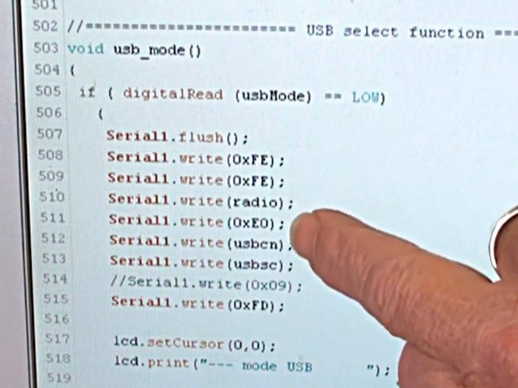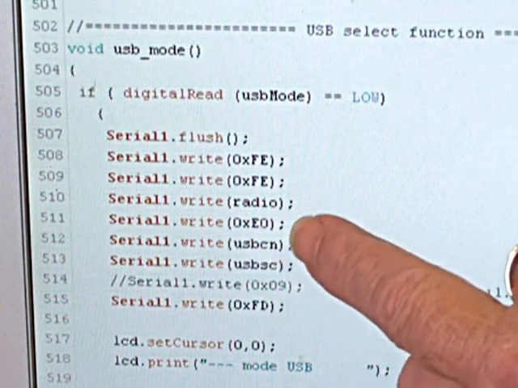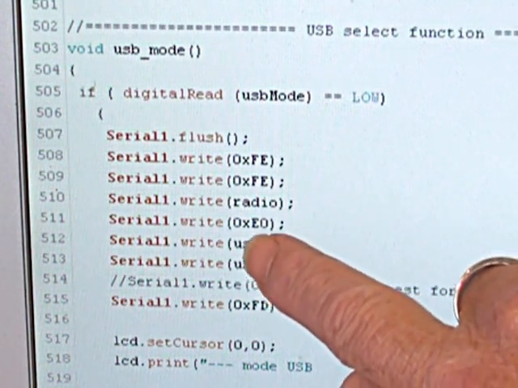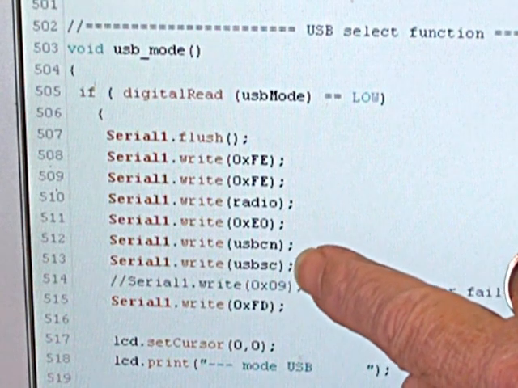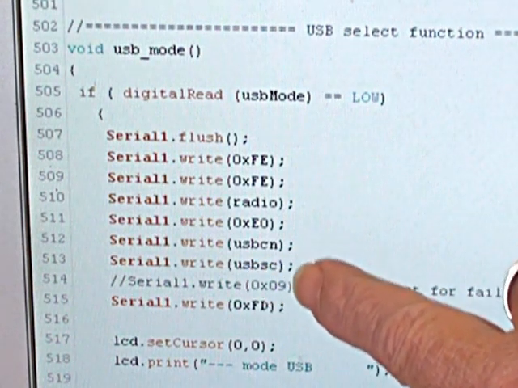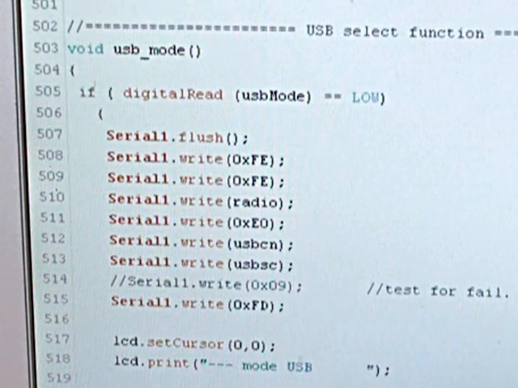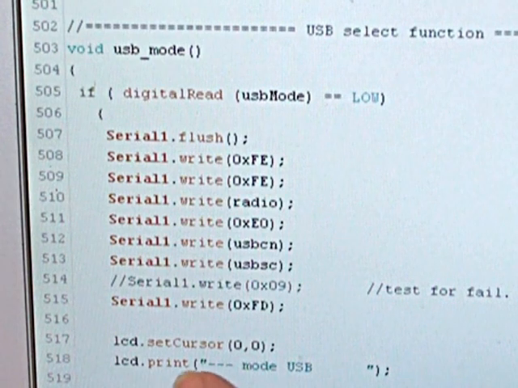So it runs through these codes. This is the start codes, the address of the radio, which I've already defined as 0x48 back at the start of the program, the address of my controller, and the code words for upper sideband, which I also defined at the start, and then finally 0xFD, which says end of message. I also write to the LCD screen with some information to tell me that I've actually selected upper sideband mode